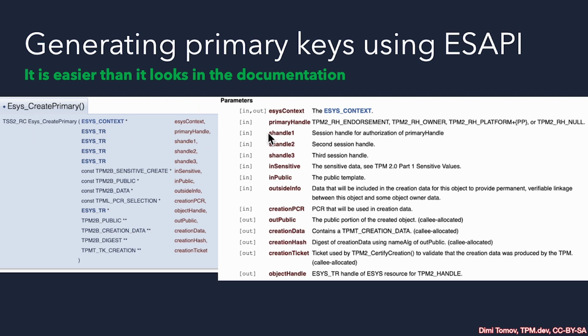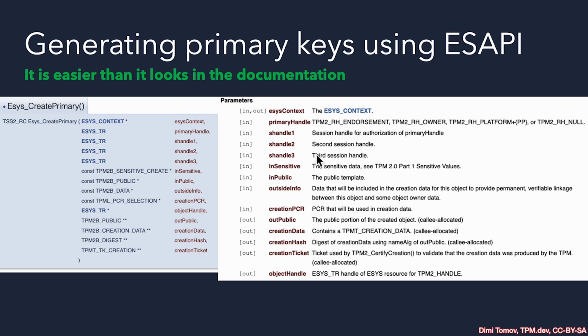And what do we need to perform this? Well, we need obviously our ESYS context. Then we need to define a primary handle, which is to say we need to define the TPM hierarchy. We learned about the owner hierarchy a lot in TC 1101. In TC 1102, we'll also start using the endorsement hierarchy for machine identity and other use cases. For now, let's just continue to use the owner hierarchy, as this is probably the most common one that you use in your application and use cases.